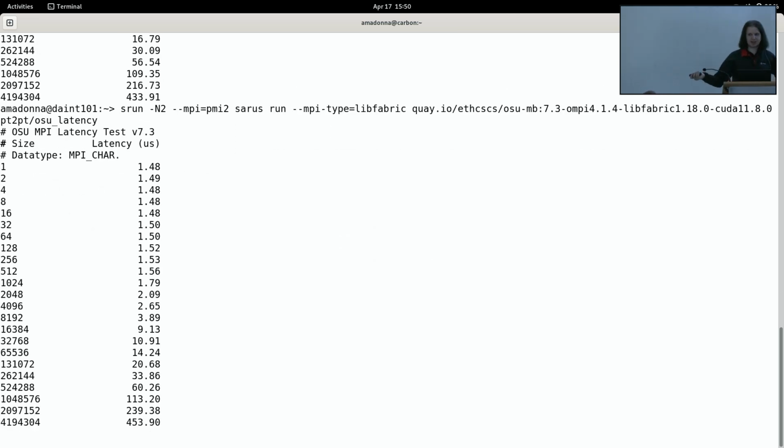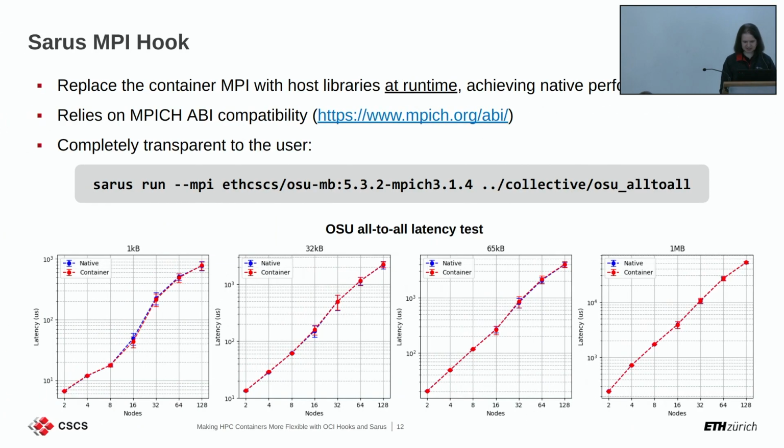I just ran an OpenMPI container without any trace of the vendor-provided Cray MPI at near-native performance on an XC system. So what is happening here? Let's go in order. So the first thing to note is that